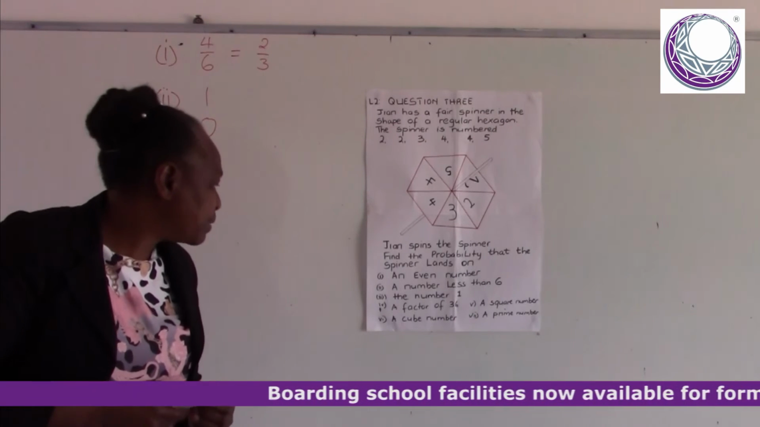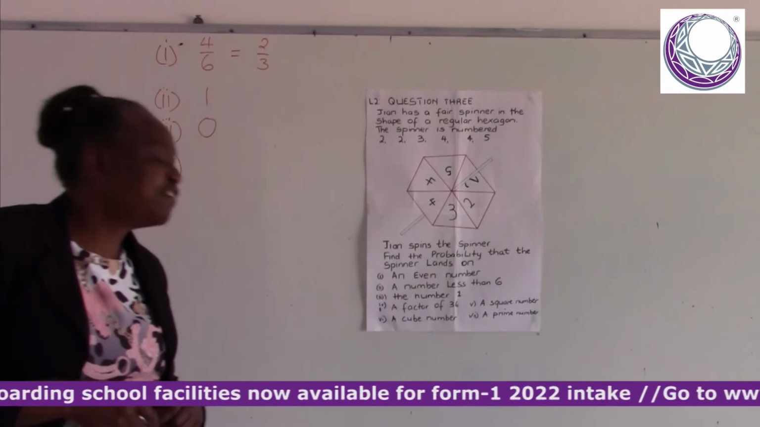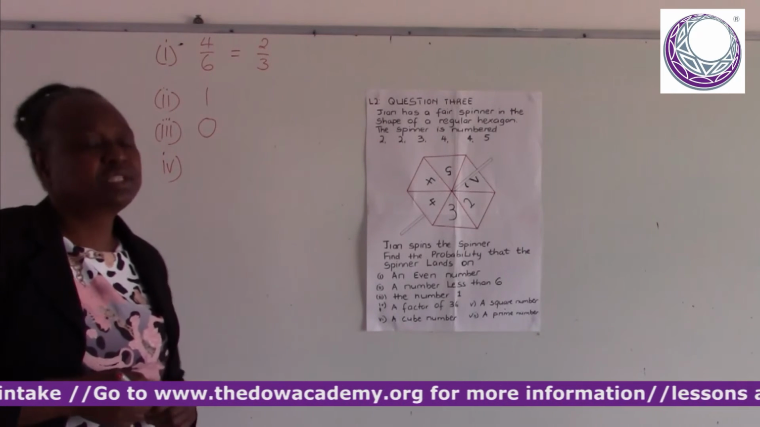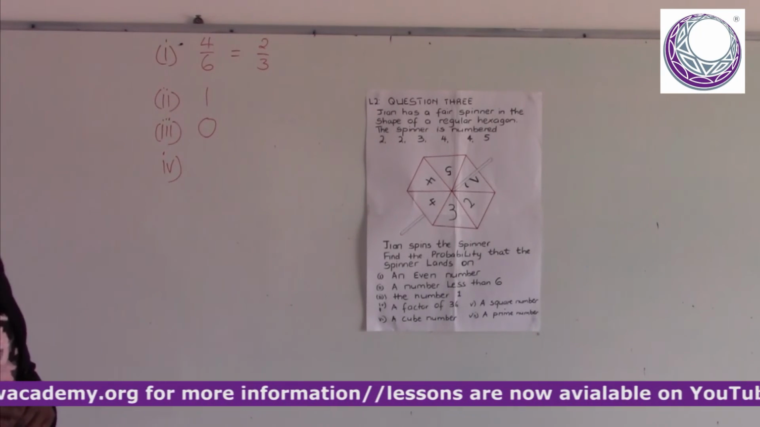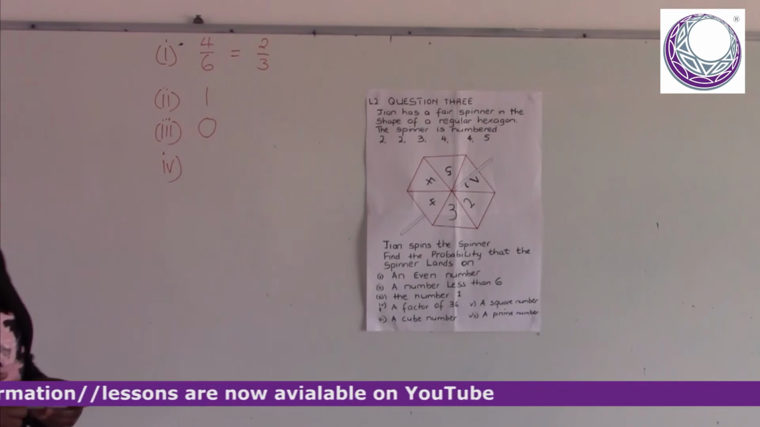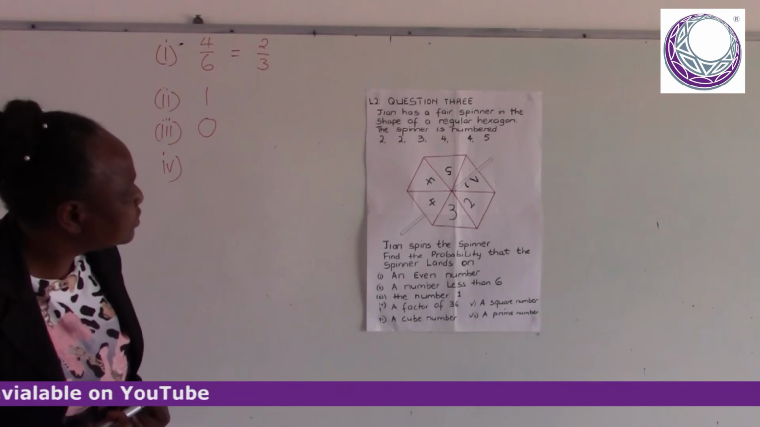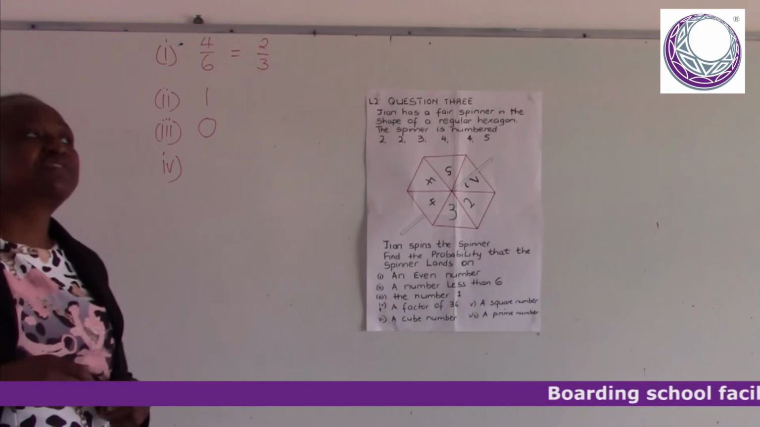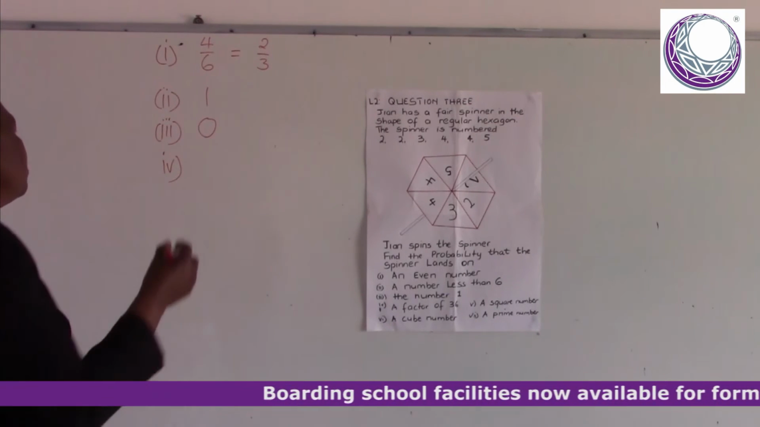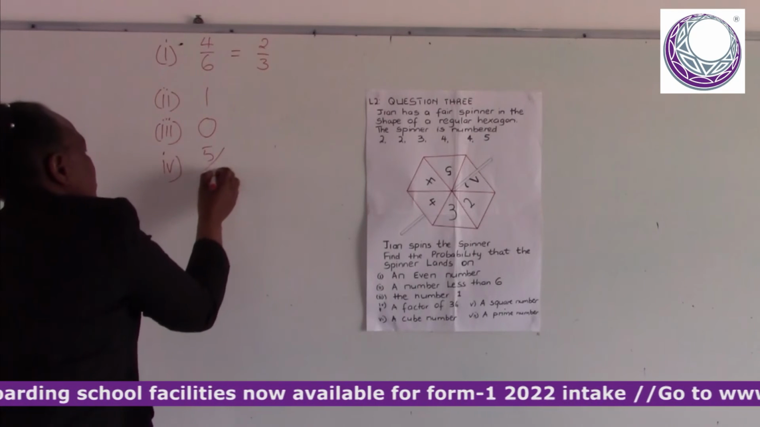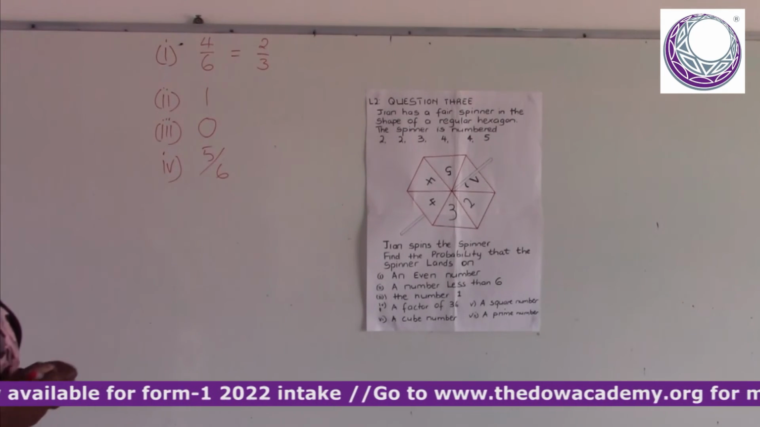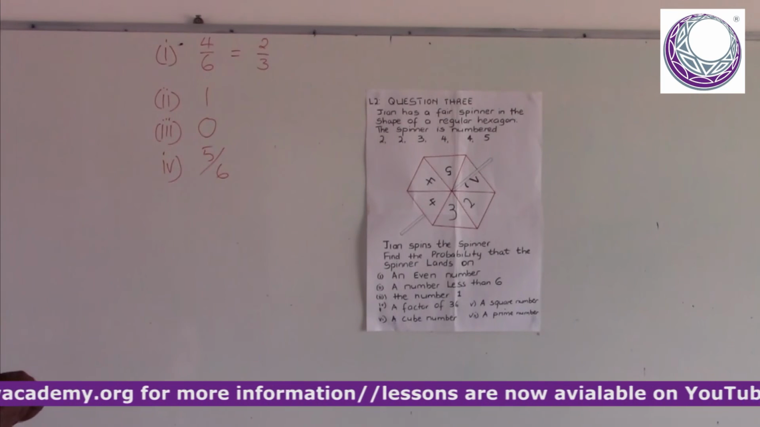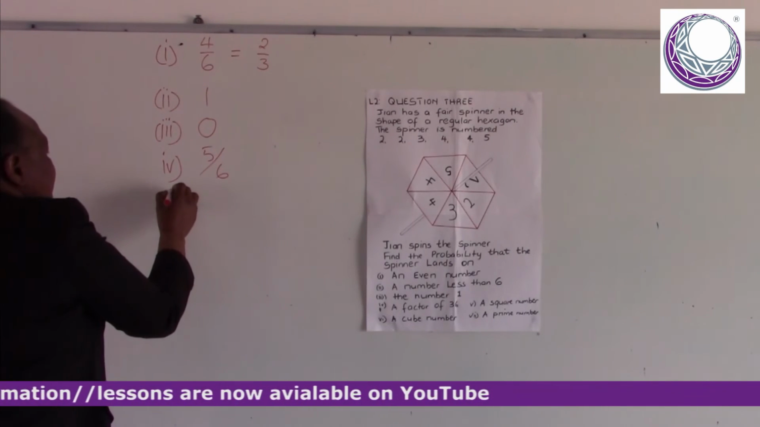the probability of picking or landing on a factor of 36. Factors of 36, numbers that can be divided into 36 without leaving a remainder. Now if I look at all of them, it's only 5, which is not a factor of 36. So it means 5 numbers out of 6 are factors of 36. And when we move on to the fifth one,